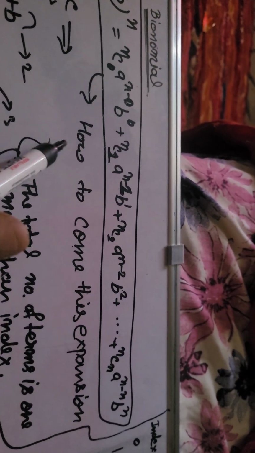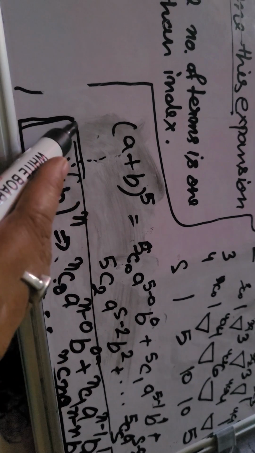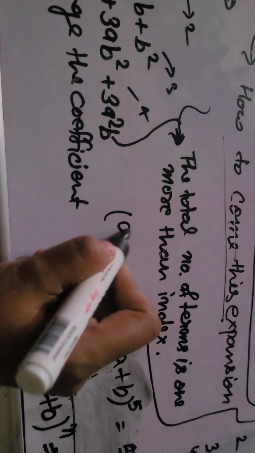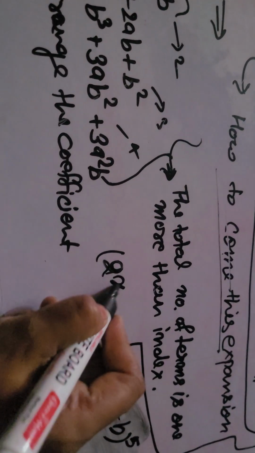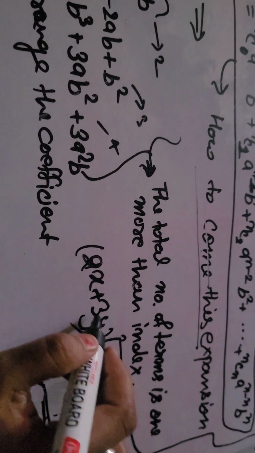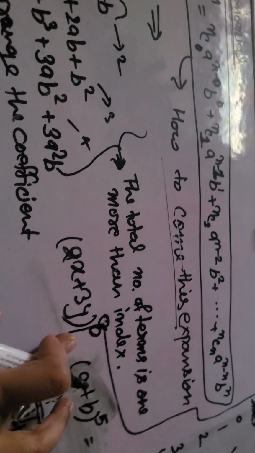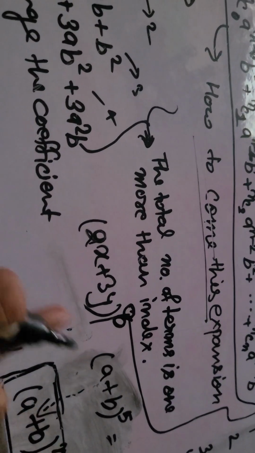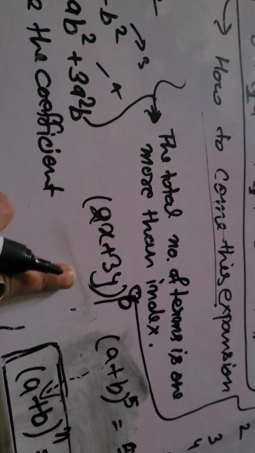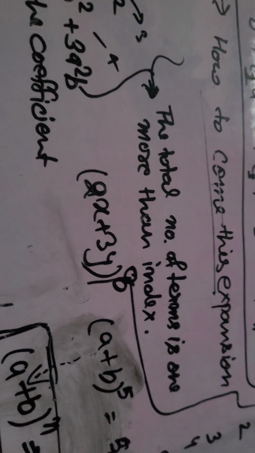Just like we found these lines, this is the rule to find any expansion, just like 2 to the power x, 3 to the power y, with index 8. How to expand, we will see how to expand these things and how to find the values of these things in the next chapter and